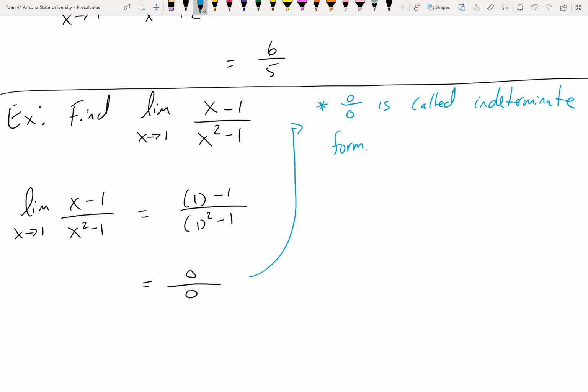Now, this is not the only way indeterminate forms come about. There are a handful of ways where an indeterminate form can exist. You'll learn about them next year in calculus, but one of the common indeterminate forms is 0 divided by 0. So what does that mean? That means anytime you're evaluating a limit, if you get an indeterminate form, this usually means